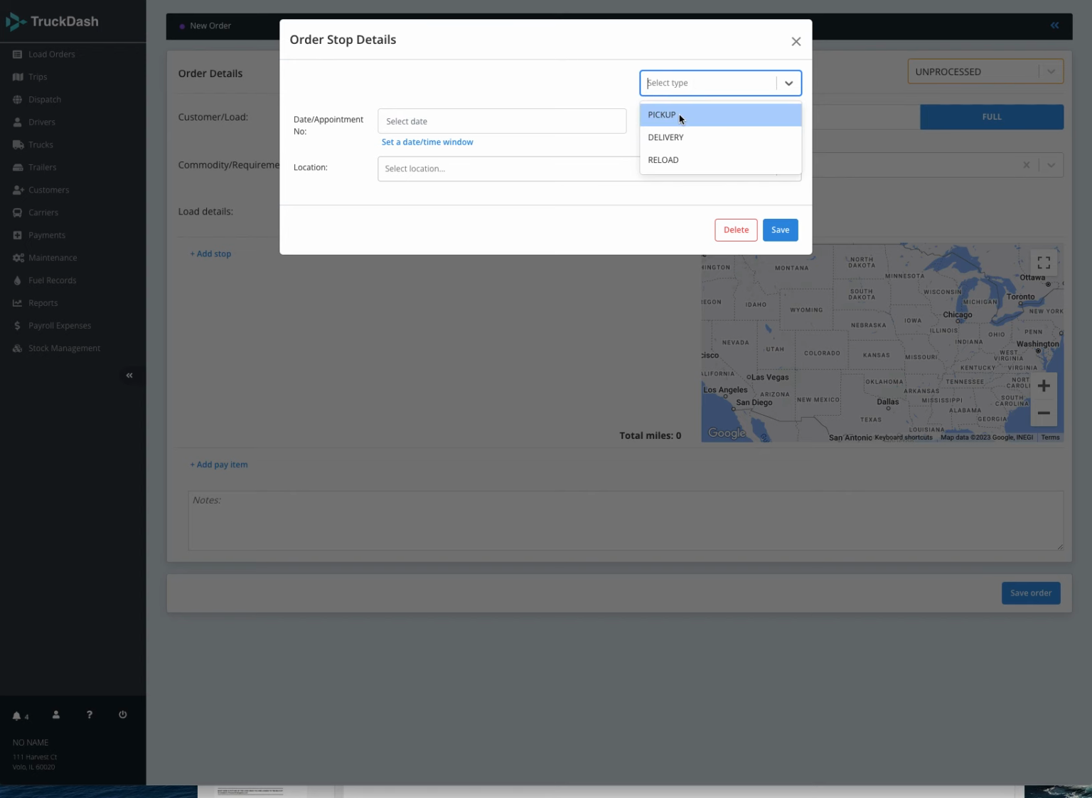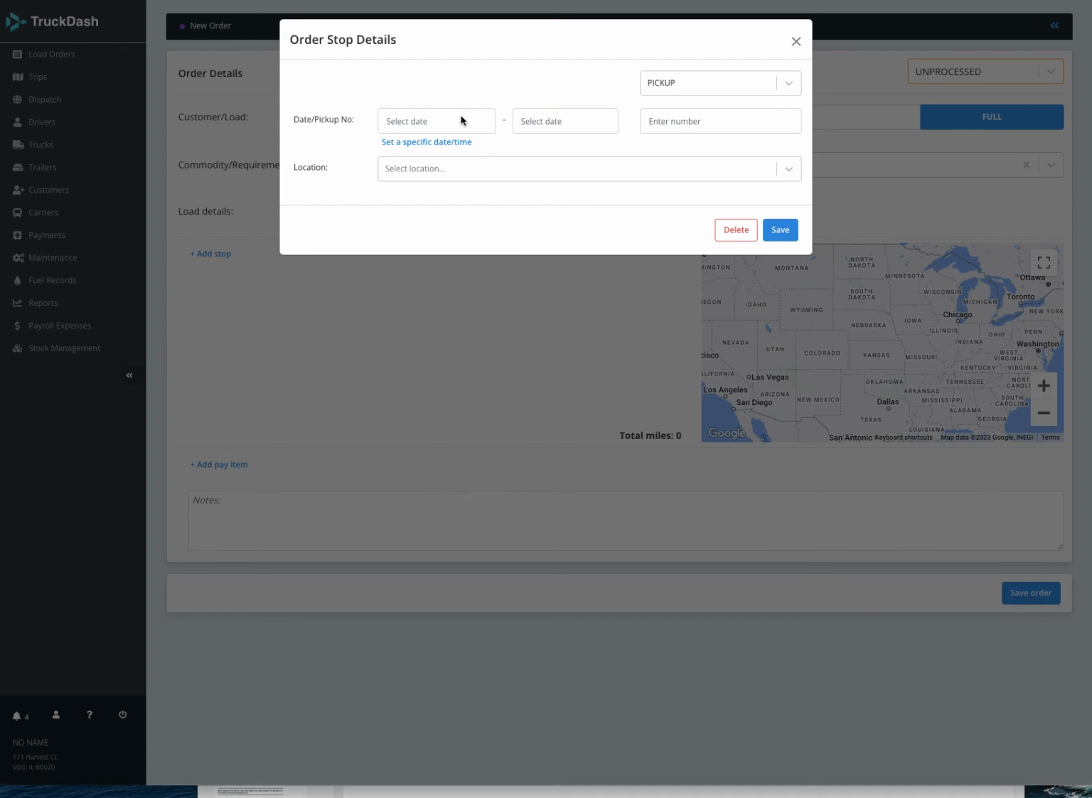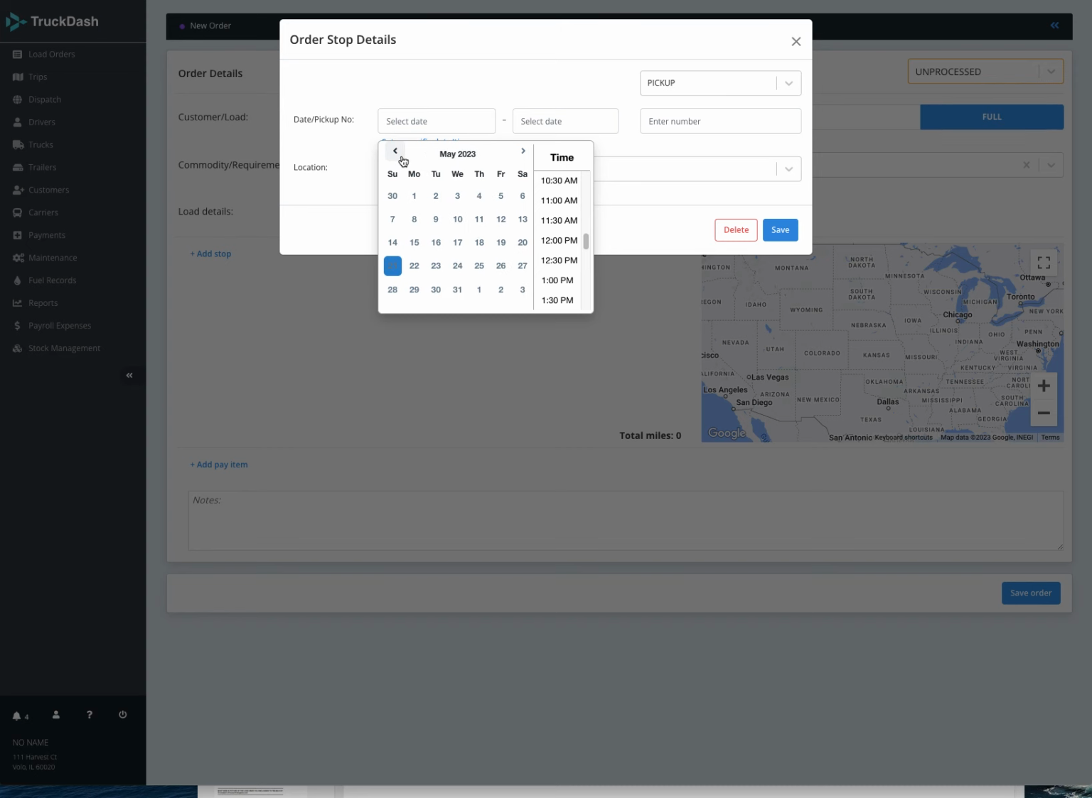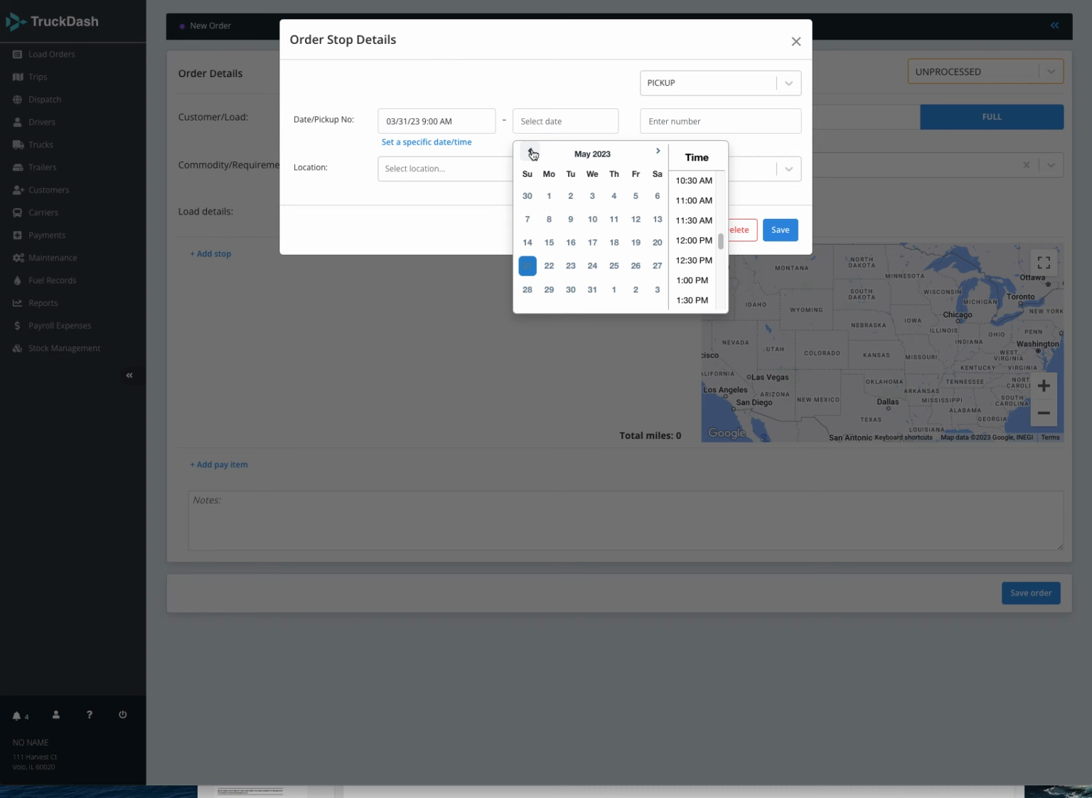Select the type of the stop. Let's say that the first one is the pickup. Then you have to set the time for the pickup, or you can set a time window. In our order confirmation we have a time window. It says that the order must be picked up on or up to 2 days after March 31st. Let's select March 31st here. And the time, let's say that the facility opens at 9 a.m. and then the end time, let's say that it's 1st of April,